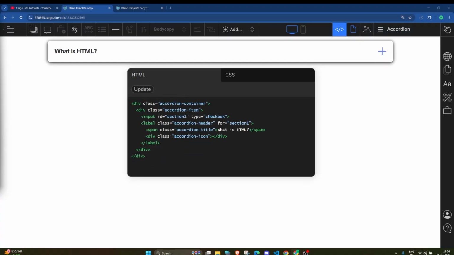Now after adding the icon, below this label where it ends, now add the accordion content.